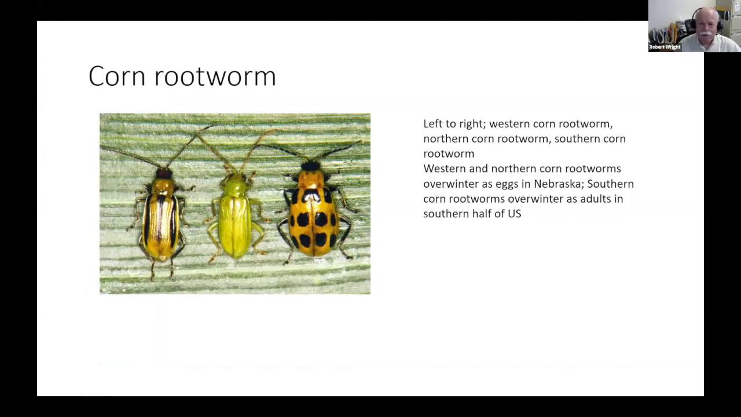Okay, so we're just going to go over, well, I guess I'll introduce myself to start. I'm Bob Wright. I'm a professor of entomology at UNL, and also speaking will be Dr. Kyle Cook, who's going to cover soybean insects. So we're going to just cover some common